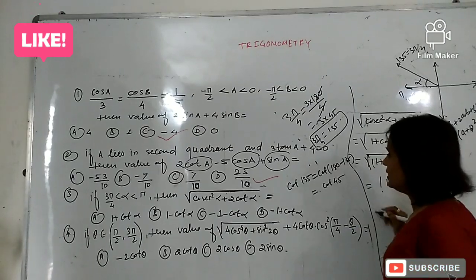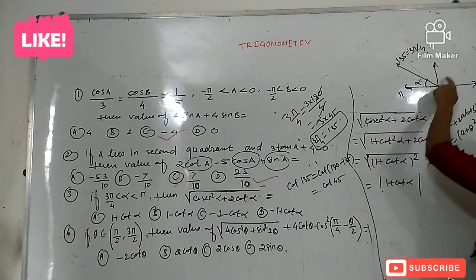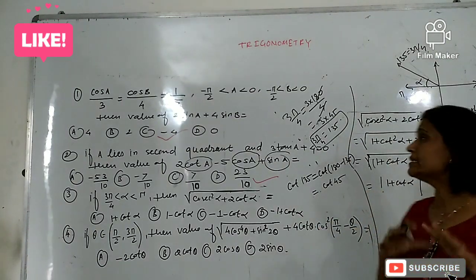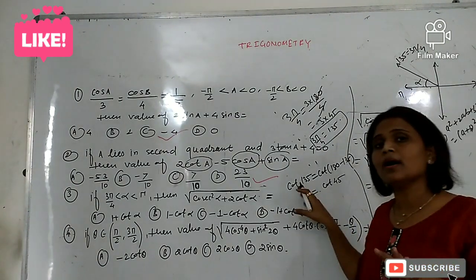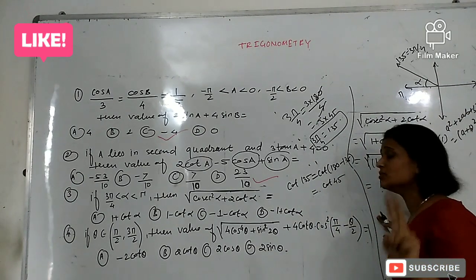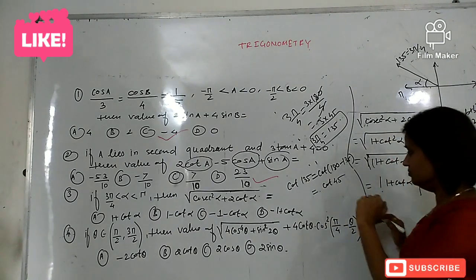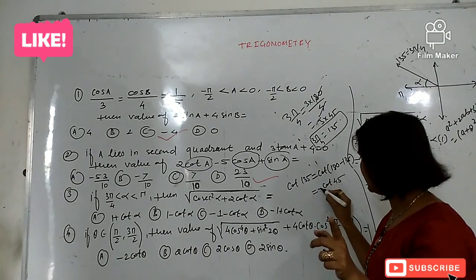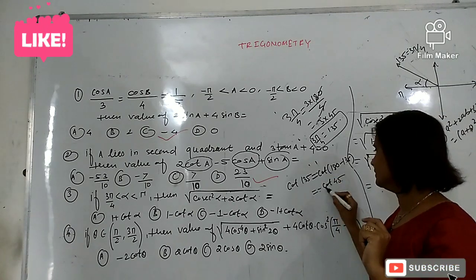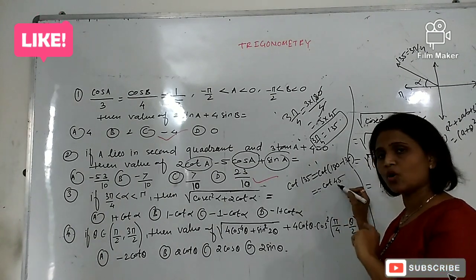It is 1. But this cot is present in the second quadrant, and for this 45, cot is present in the first quadrant. In the first quadrant all trigonometric ratios are positive, and in the second quadrant cot is negative. So cot 135 and cot 45 have the same magnitude, but for this 135 angle, the value is negative. Negative of cot 45. So we have to go with the minus sign here. So cot 135 is equal to minus of cot 45.